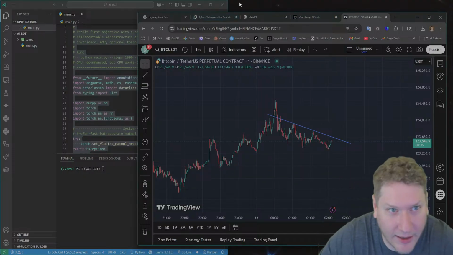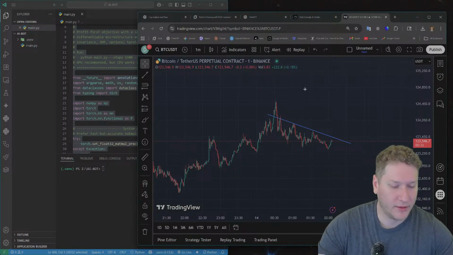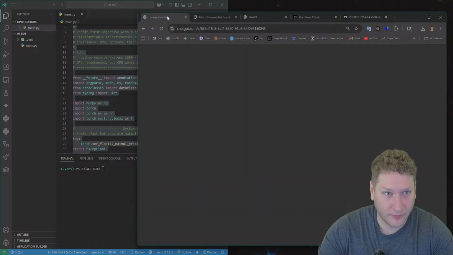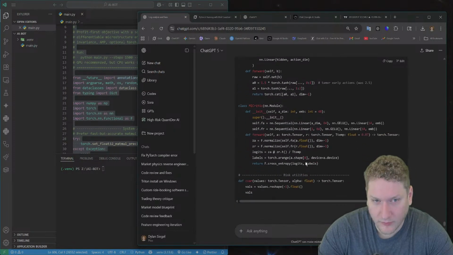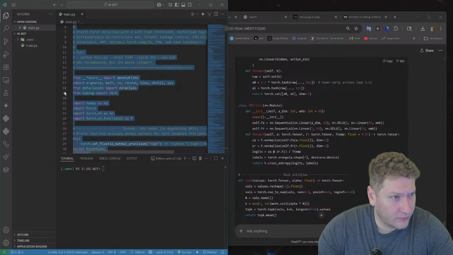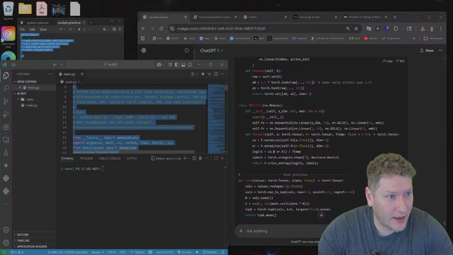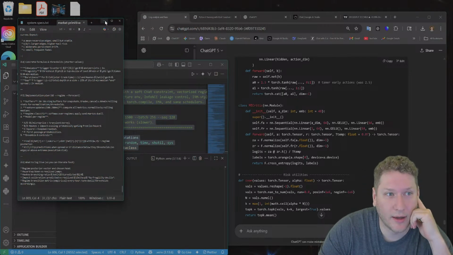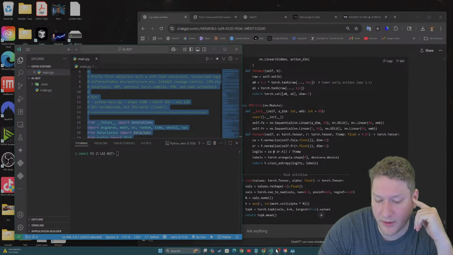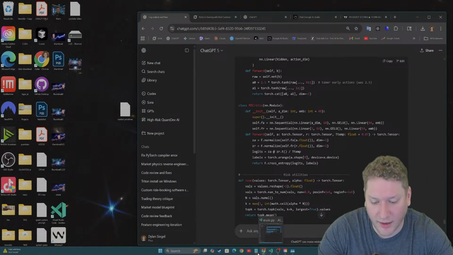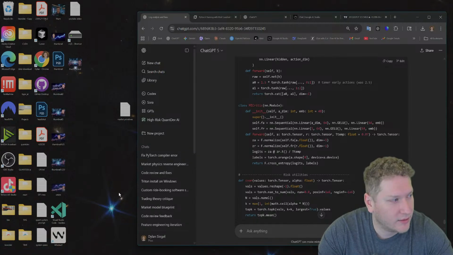That's kind of what we're getting at. So we're going to want a specific regime tool. Okay. So we got the AI bot. I do want to start on the 1 minute K-line data.